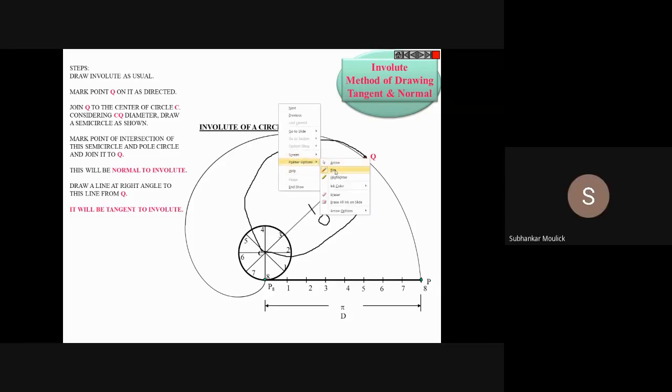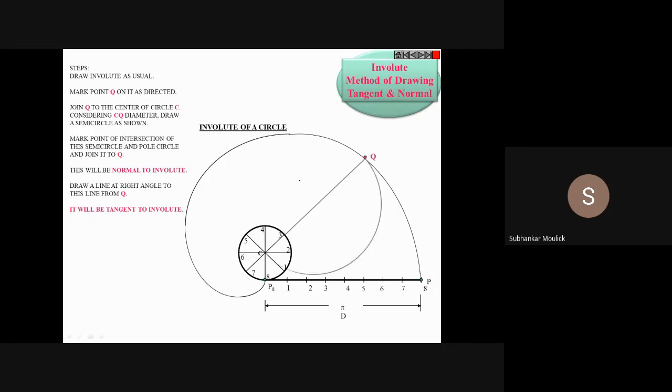Fine. But you need not draw the full circle. I repeat, you need not draw the full circle. What you need to do is draw a semicircle like this. Is it clear? You have to draw a semicircle. This semicircle you can draw like this also. Either you can draw a semicircle like this or like this, but only a semicircle, not the full circle. Is it clear to all of you?